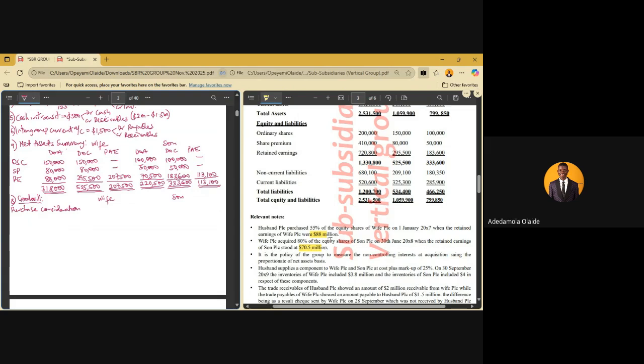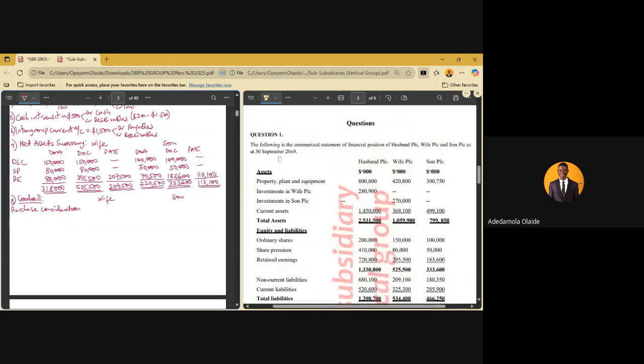They did not give us the amount they paid for the equity of wife, but they told us here that investment in wife is 280,900. While investment in son, we cannot call it purchase consideration, rather we'll call it indirect investment. The indirect investment in son will be their percentage of holding in the subsidiary, which is wife, multiplied by what wife paid to acquire son,